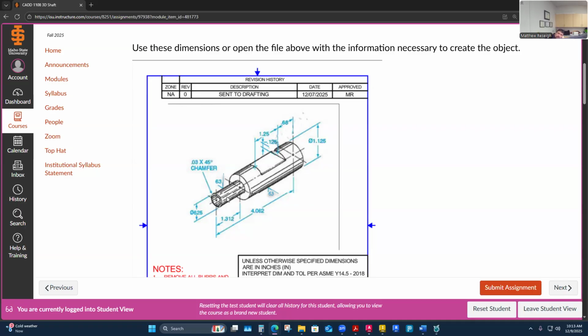But what I'm going to think about doing is it's almost like a mirror command. I'm going to draw half the shaft from its center line, its center axis, which is how I view a shaft, from end to end down the middle of it. It's kind of like a mirror in my mind, but it's a revolve around that center axis. So if I just draw the profile of what the shaft looks like and then revolve that around,